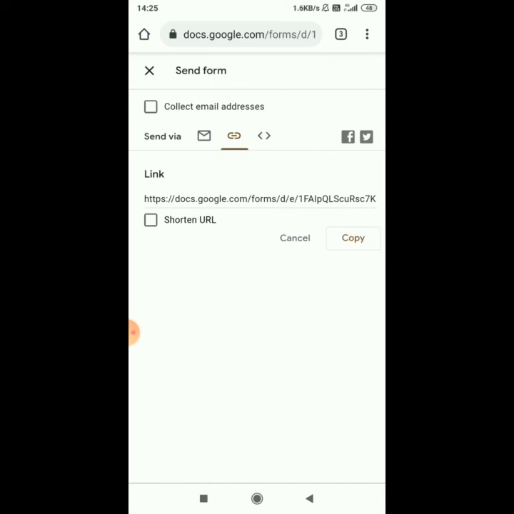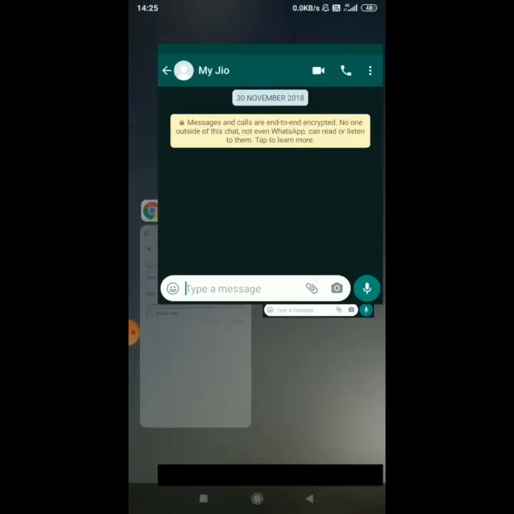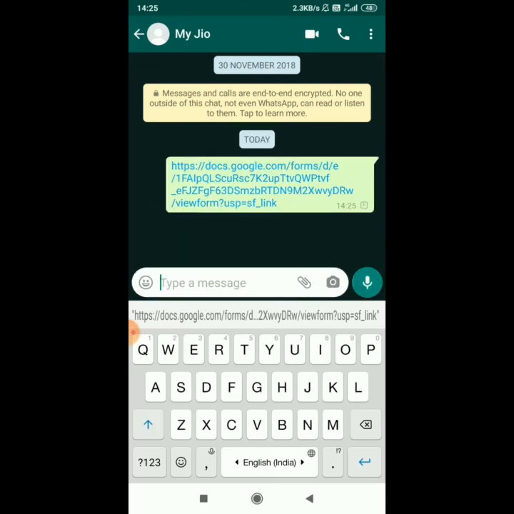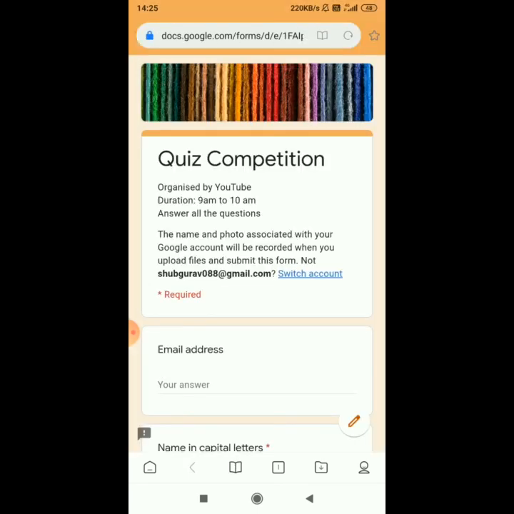So we'll copy it from here and paste it where you want. We'll share on WhatsApp. I will paste it here. Now if we click on this link, it will open the form which we have created.